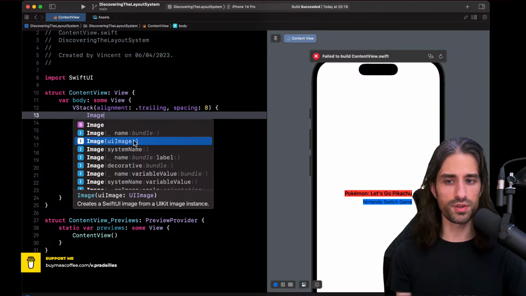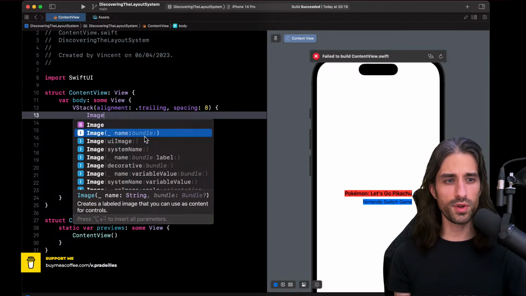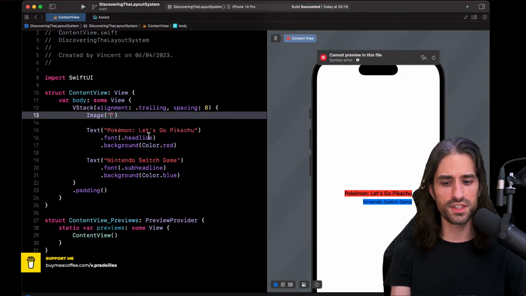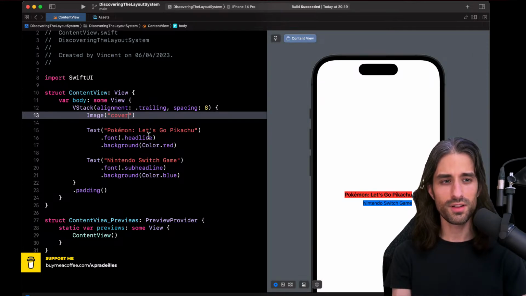But when you are creating your image inside SwiftUI and your image lies in an asset catalog, you can use this init, which takes the name and the bundle. By default, it's the main bundle, and since I have a simple app, I only have the main bundle for my resources. So I will give the name of the image, which is cover. And now hopefully the image should appear.